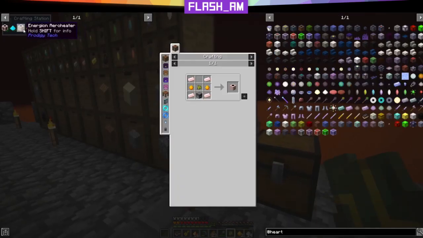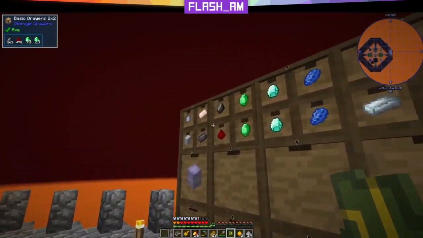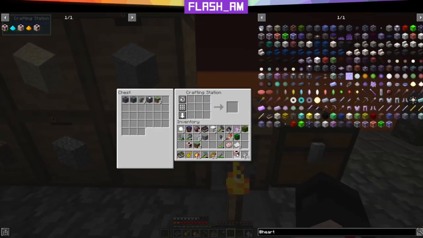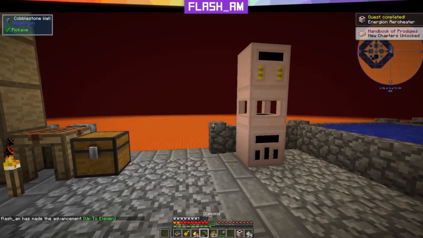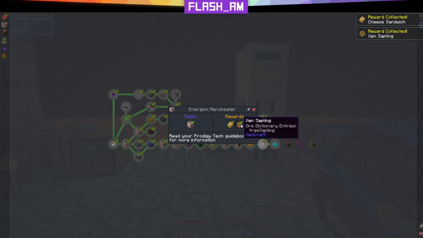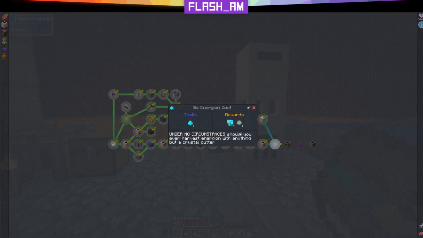Let's come over here and... Did I not grab? I thought I grabbed our ceramic. Apparently not. Alright, let's get the ceramic. Craft this on up. And now we have an Energon arrow heater. This is the 3rd tier of arrow heaters. Let's go ahead and collect our cheese sandwich and our Zen Sapling. The Zen Sapling is going to be super important in the future. I will show you here in a moment what that is, but first we're going to take a look at